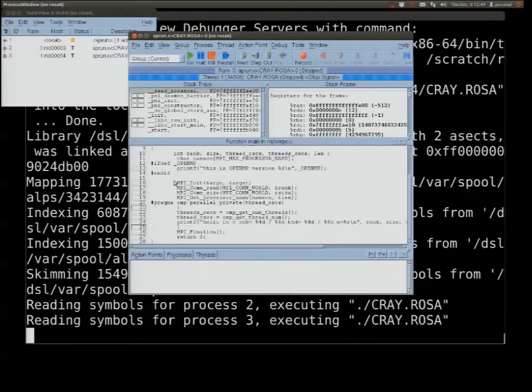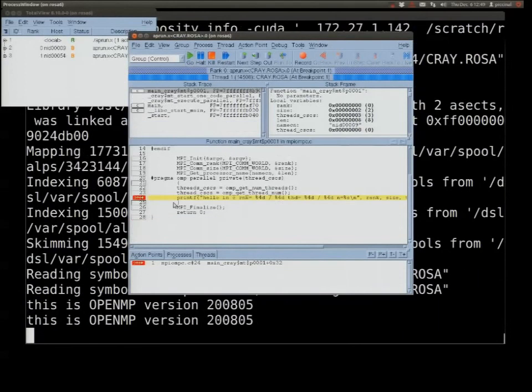So you see, you have different windows. You have the source code in the middle with the MPI and the OpenMP part. And on the top, left and right, you have the stack trace and the stack frame where you can see the values of the variable. And there are different ways to compare the values of the variable between the MPI task and the OpenMP process.